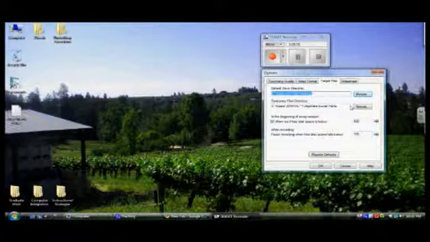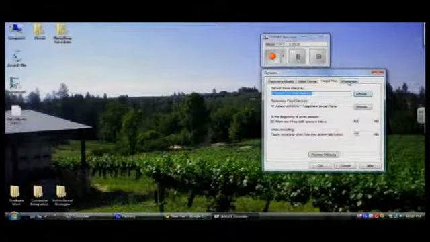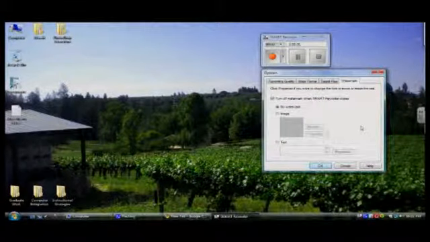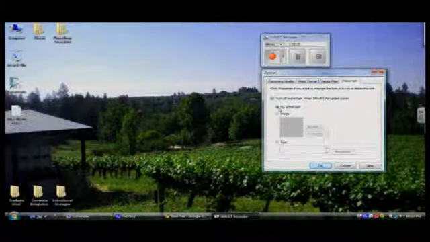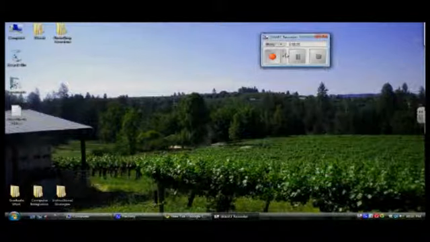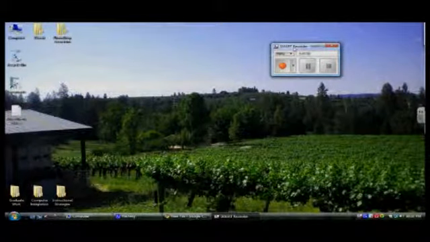Okay. Your temporary files is where it stores extra data. That's fine. Your watermark is that you can put a watermark on this. Now, unless you're copyrighting stuff, there really is no reason for this. And I don't think any of us are really going to be publishing this. I mean, in the future, you may want to do this. But for right now, just click on no watermark and press OK. Now, the next buttons here are